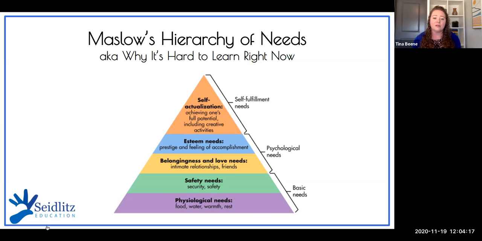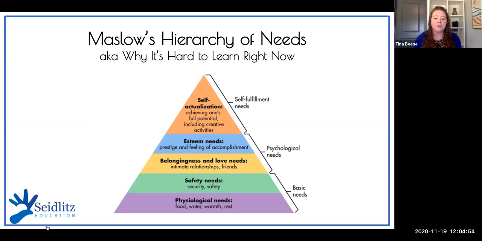So if you are in the United States with me and you have vacation next week, I really want you to think about meeting your basic needs next week. For our students, for us, for everybody on this planet, right now, we're facing some unprecedented challenges in terms of our lifetime. This has happened before in the world, but not while any of us were participating in it. So we're not used to having our safety needs and our physiological needs questioned and threatened in the way that they are right now. So for your students, for yourself, for anyone in your learning community, just be aware that without those basic needs being met, it's really, really impossible to learn.